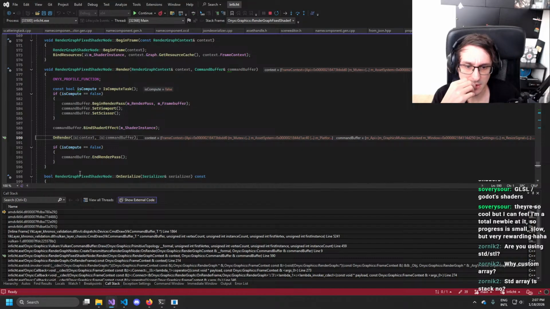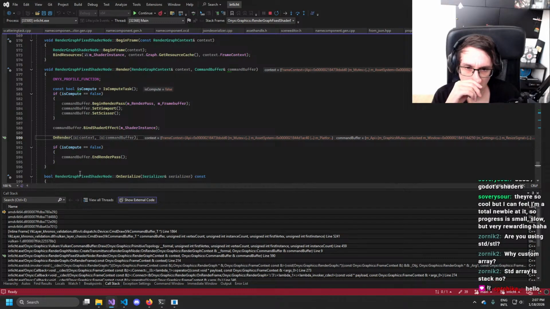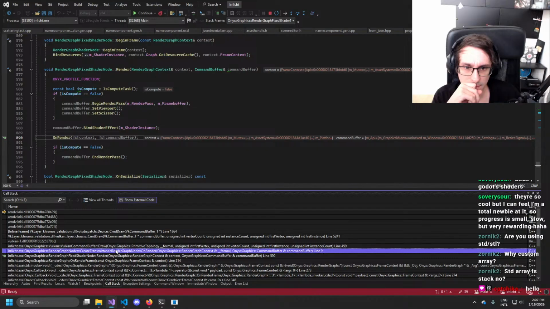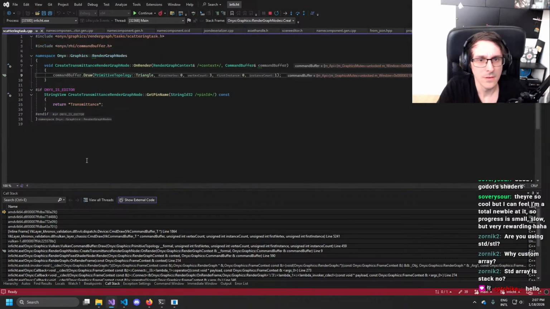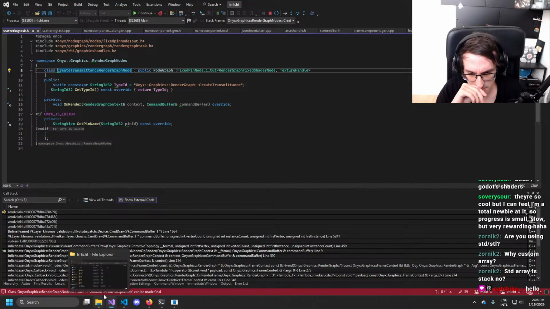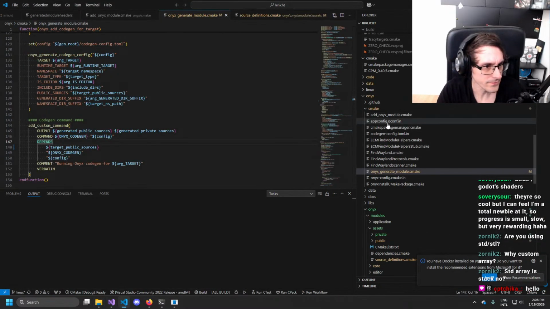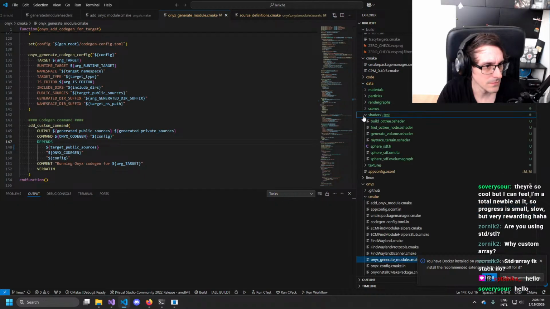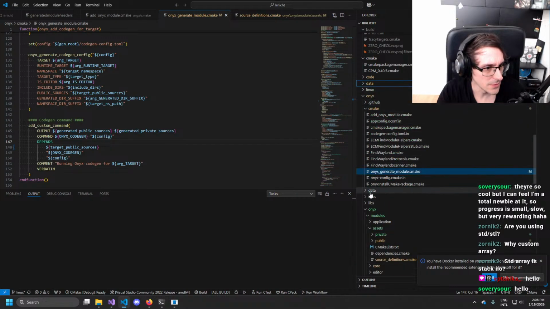Create transmittance. Wait a second. Create transmittance render graph node. Is that not a compute pass? That's the wrong shaders, never mind.